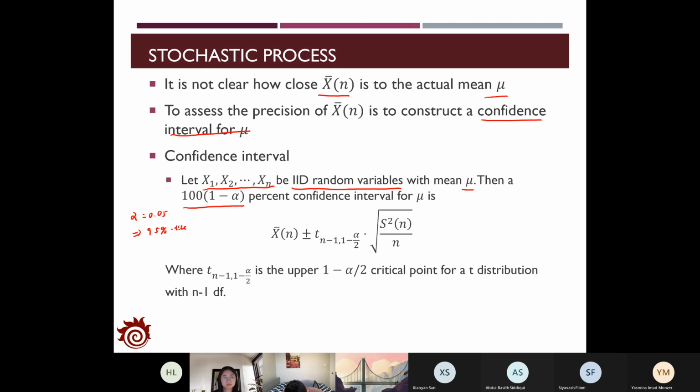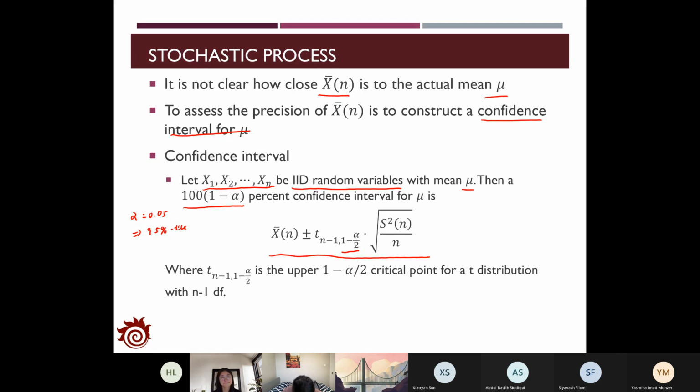This is the common level we apply. With that, we can find the confidence interval for the 100 times (1 minus alpha) confidence as x bar plus or minus t_{n-1, 1-alpha/2} times the square root of